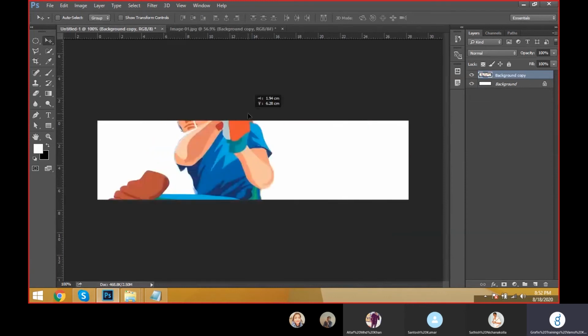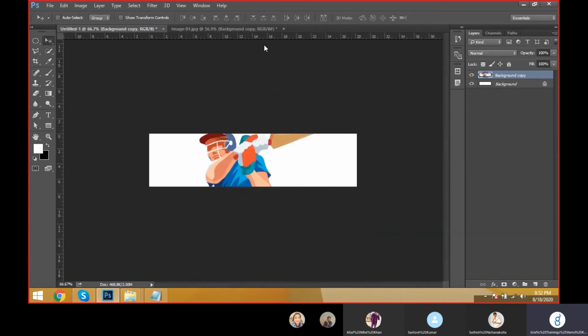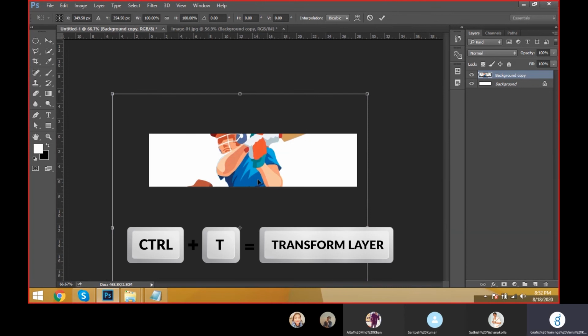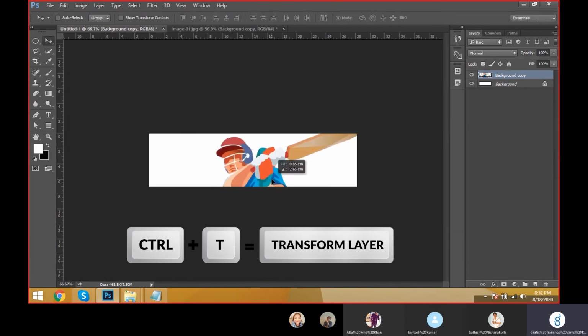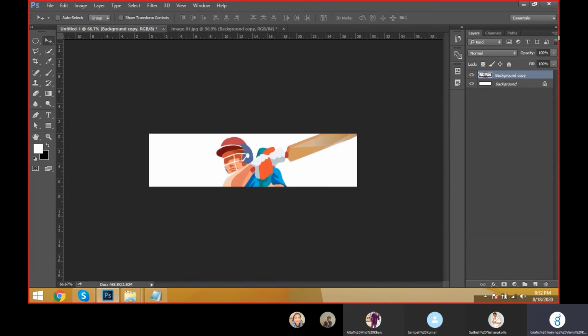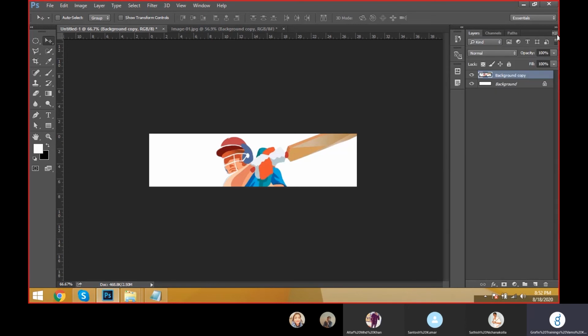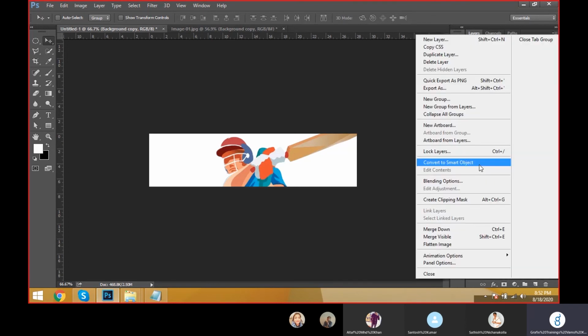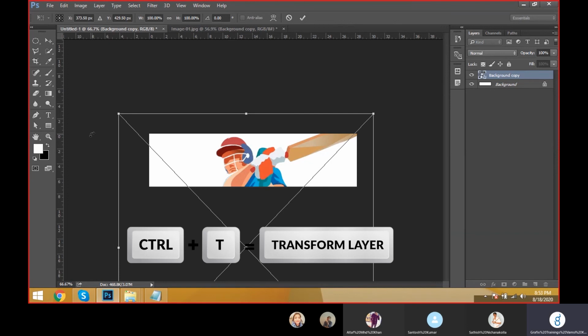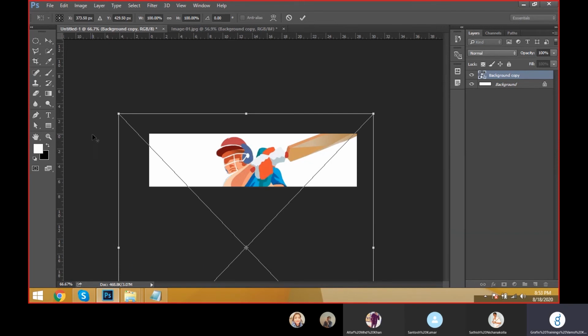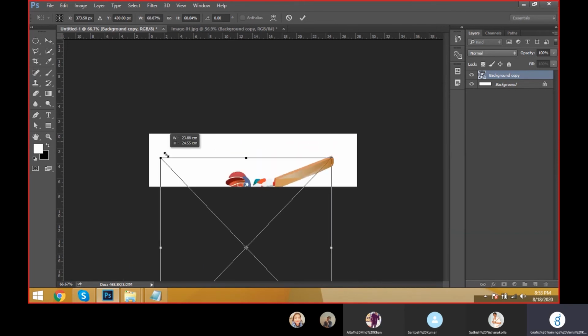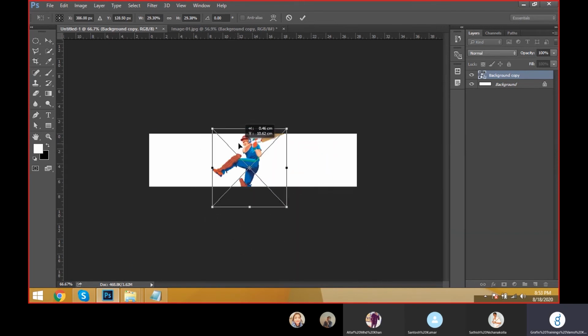See, when we got this image from another document, but when you're transforming this object, it will be pixelated. Then what should we do so it won't be pixelated? We have to take a smart object. In the layer palette, we have a button here, convert to smart object. Then Control T, transform controls, hold Shift plus Alt and drag one of the corners. Then we can decrease the image.